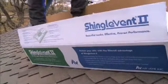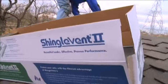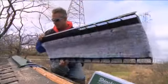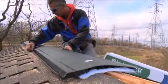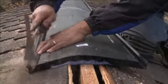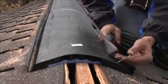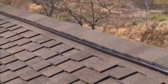Some ridge vents also feature an internal weather filter that acts as a secondary level of protection against weather infiltration in harsh winter climates. This internal filter also helps protect against dust and insect intrusion. Airvent's Shingle Vent 2 ridge vent has both an external baffle and an internal weather filter, offering superior performance to